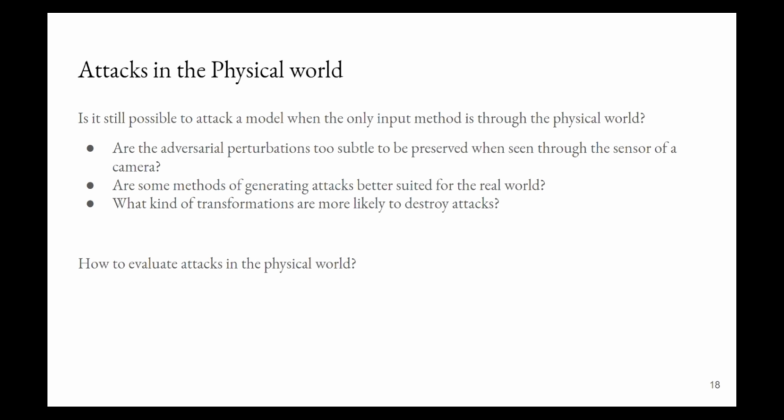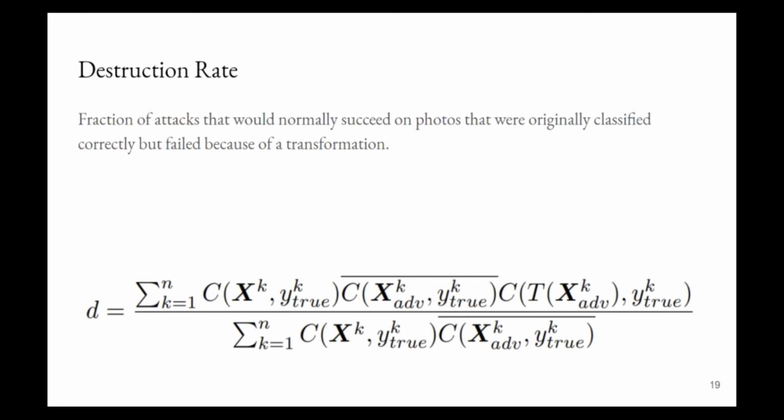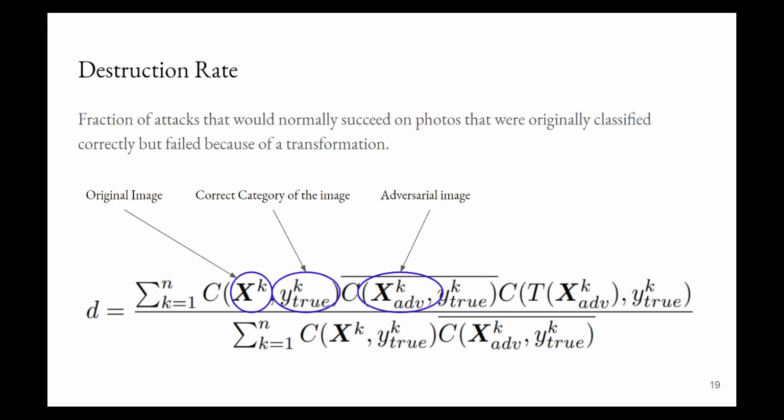To evaluate attacks in the physical world, we have two tools. First is the accuracy of the classification, and second is the destruction rate. The equation of the destruction rate might look a bit complicated, but the intuition behind it is very simple. It's the fraction of attacks that would normally succeed on photos that were originally classified correctly, but failed because of a transformation. We have the original image, the correct category of the image, the adversarial image, and the adversarial image